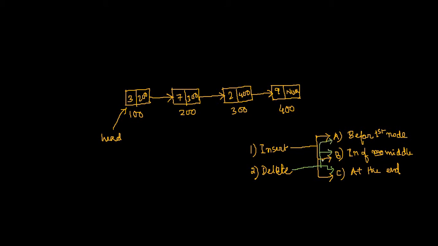So basically what we have to learn here is how we can actually delete or insert some node before, in between, or at the end of some node, all in the already created linked list. So let's start from the insert first. So let's go for the first case, that is, insert a node at the beginning.